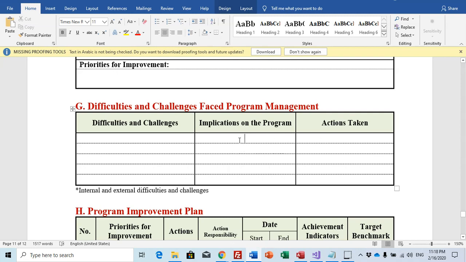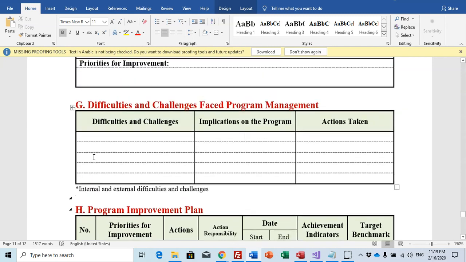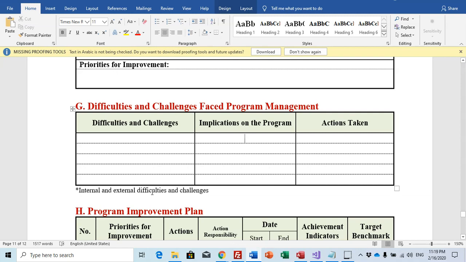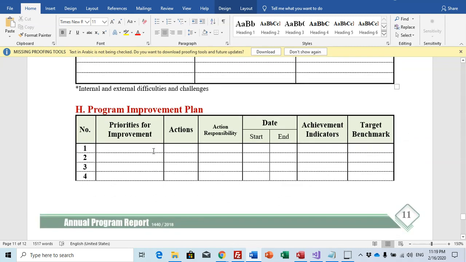For example, lectures were missed due to no electricity, and the action taken was that lectures were compensated. Be careful here, there are internal and external challenges. Maybe you have challenges internally and maybe externally that affected your program and caused some difficulties.